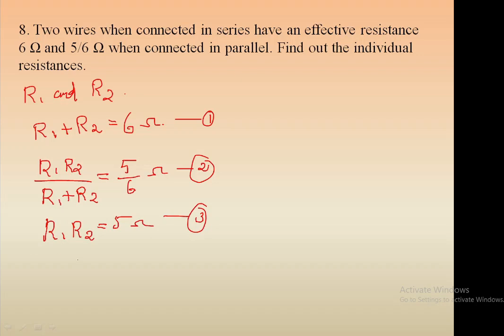From equation number 3, we can have R2 is equal to 5 by R1. Let us substitute equation number 4 in equation number 1, that is R1 plus 5 by R1, instead of R2 we have 5 by R1. So R1 plus 5 by R1 is equal to 6 ohm. Then we can have R1 in